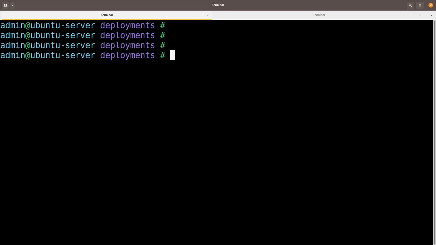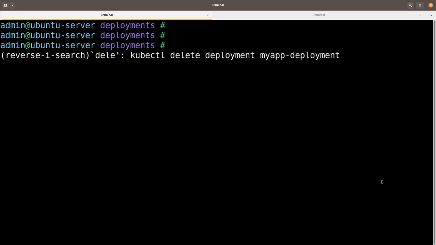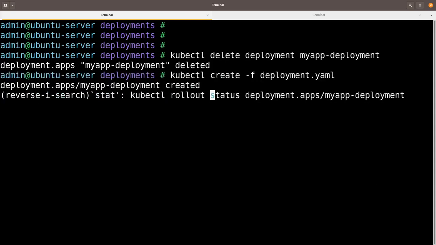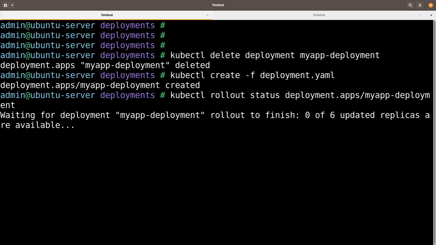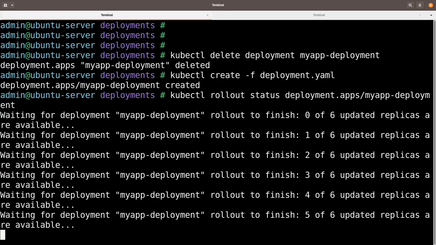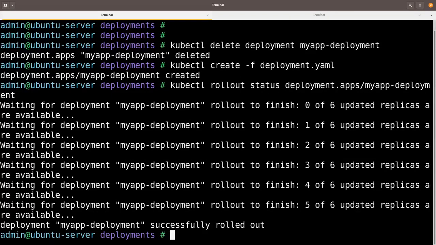So let's quickly delete this deployment. And what I'm going to do now is I'm going to create the deployment again, and I'm going to quickly run the status command right after I do it. As soon as I run this command, it will show you the status of each replica which is being brought up. So remember that we have used 6 replicas in total,